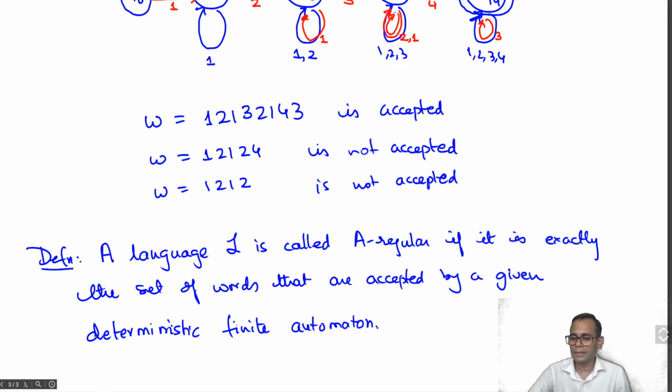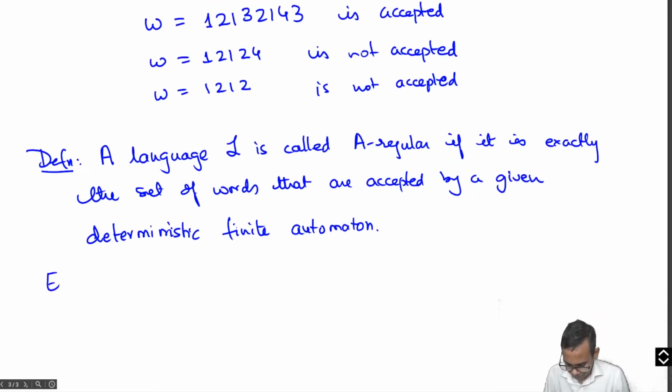So this A here stands for automaton regular. An example of an A-regular language is